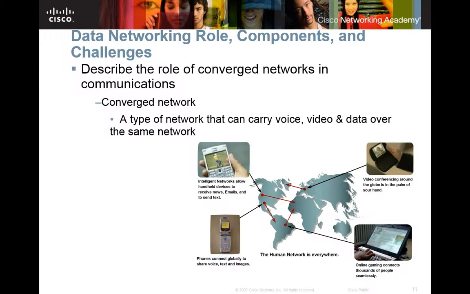What is a converged network, Armand? Without giving me the definition, what do you think? Like satellites? No? They could partly play a part. David, what do you think? It's a network that can convey messages over multiple forms. Well, it's actually a network that can allow multiple forms simultaneously. That's what we call a converged network.